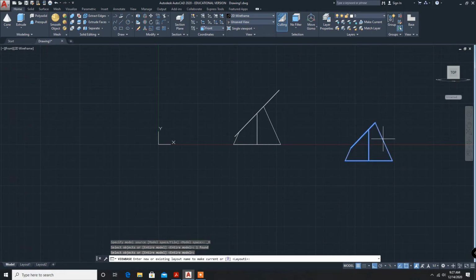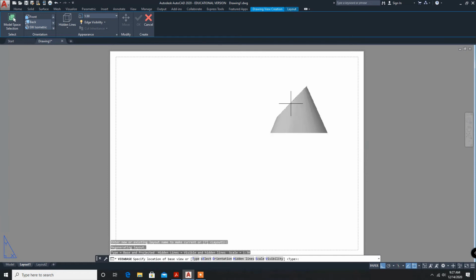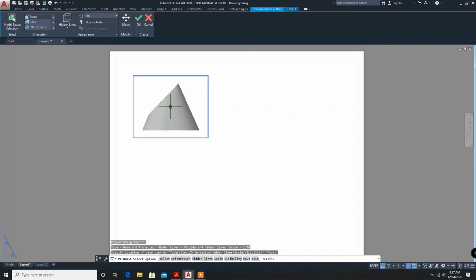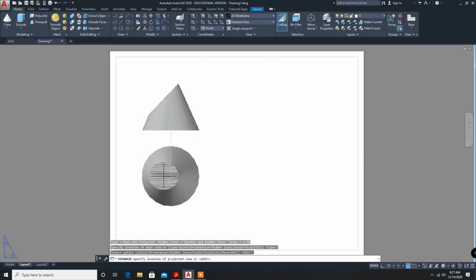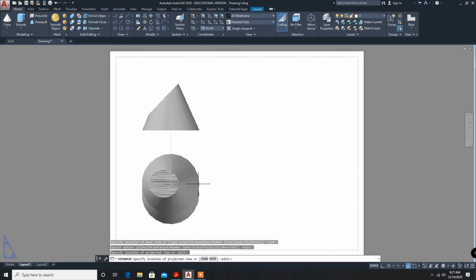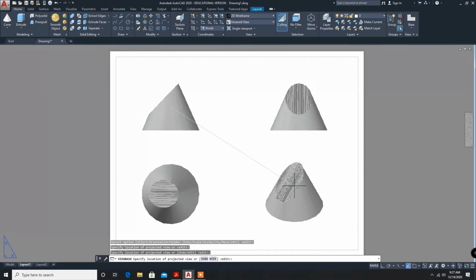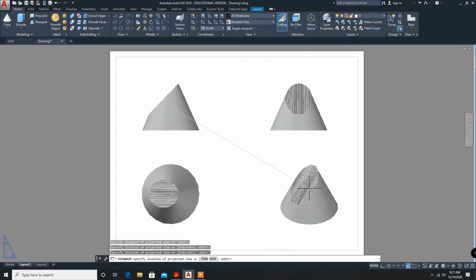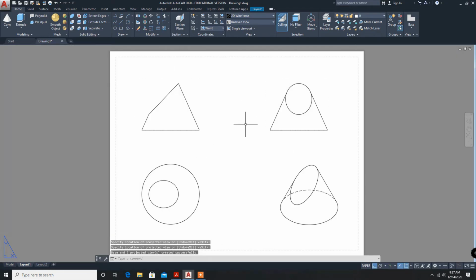Layout 1 is default, I am bringing this to layout 1, enter. Now top view, side view and isometric view, enter. So this is the section.